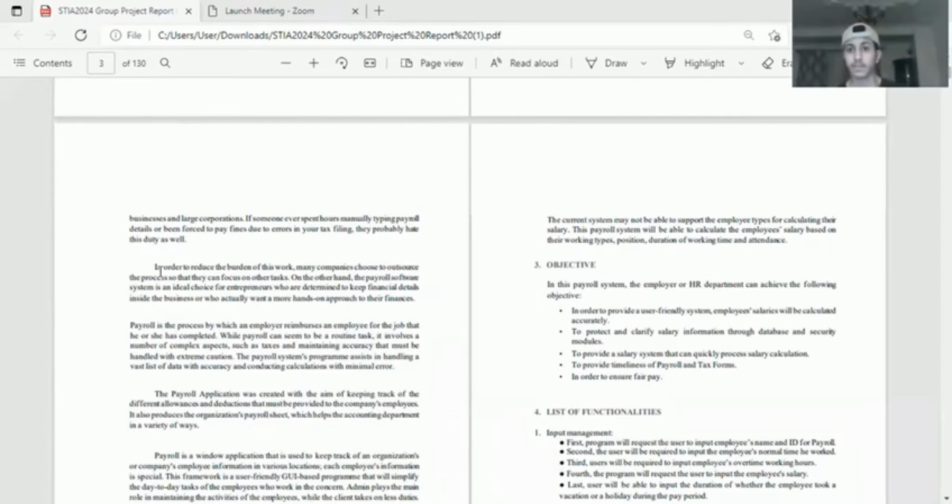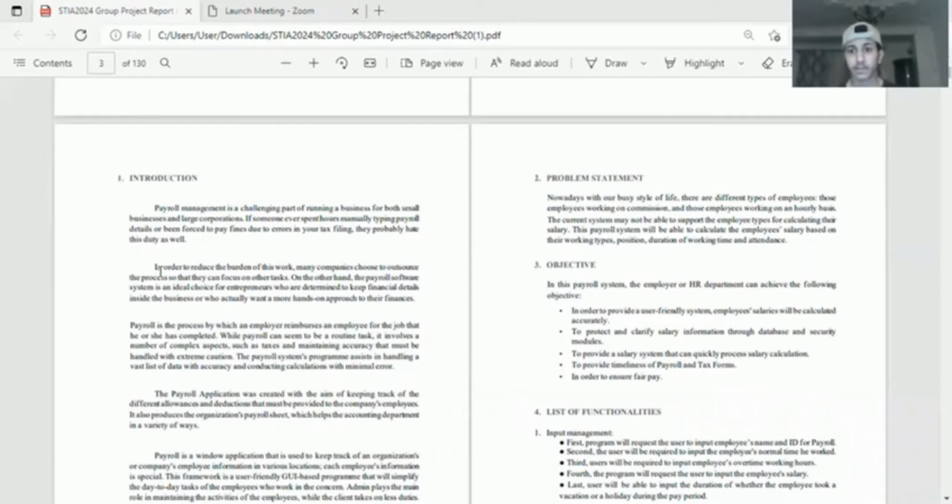Problem statement. Nowadays, with our busy style of life, there are different types of employees: those working on commission and those working on an hourly basis. The current system may not be able to support the employee type for calculating their salary. This payroll system will be able to calculate the employees' salaries based on their working types, position, duration of working time, and attendance. In this payroll system, the employee or HR department can achieve the following